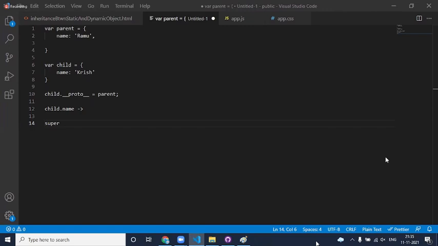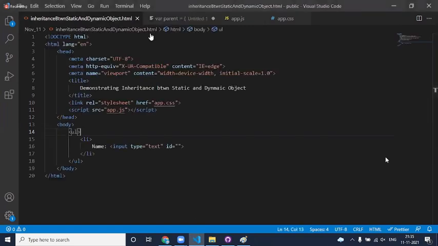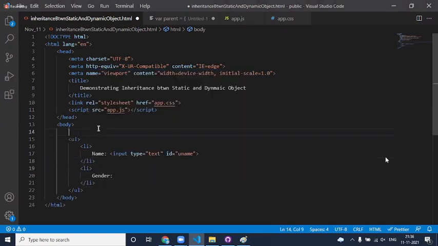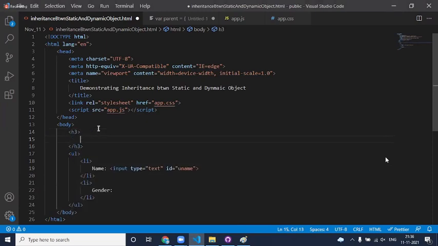Yeah, that's it. Okay, so let's come to this example back. What are we doing? Name, ID, something called username, gender. I will take it as a school registration page.